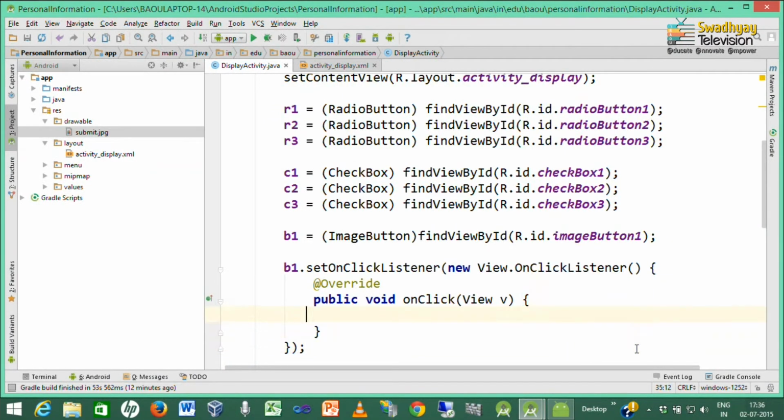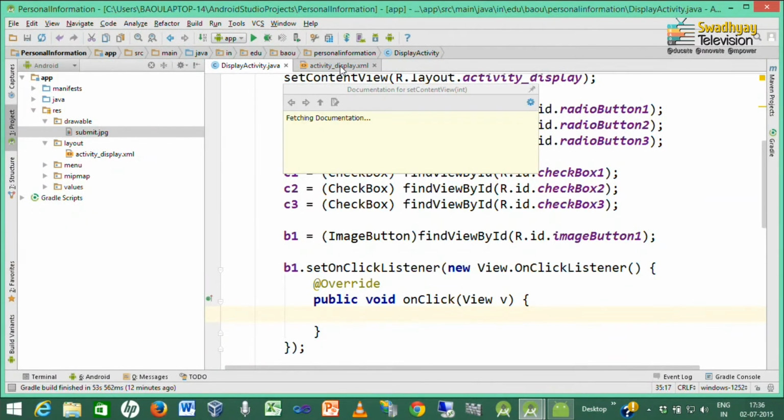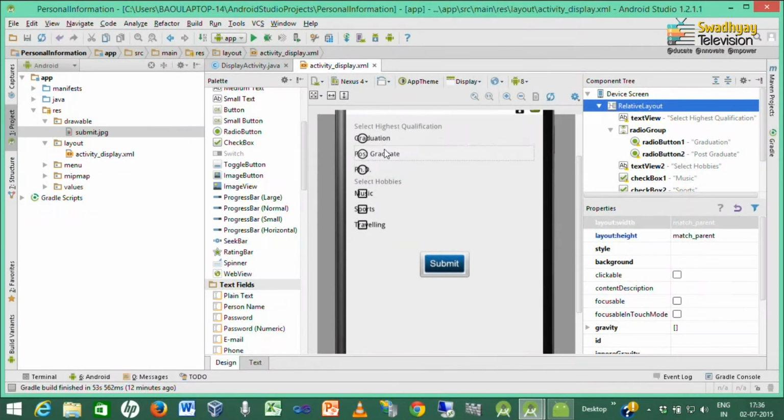So, inside on click we write the code. What we want to do is display a message inside a toast. First we have to check which radio button is checked, and remember only one radio button is checked at a time. So, we can use an if else condition because only one is selected at a time.